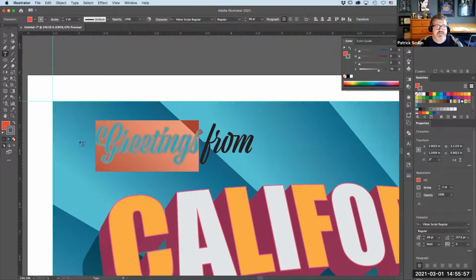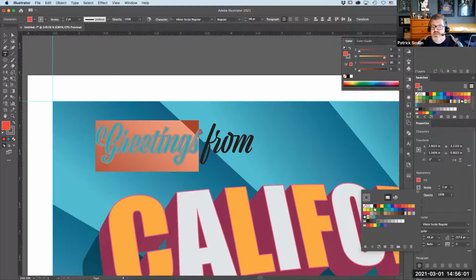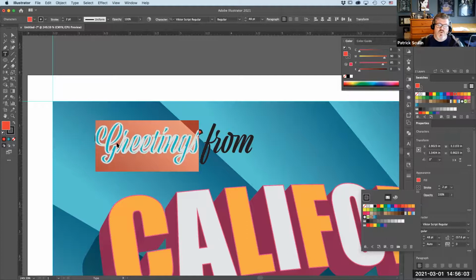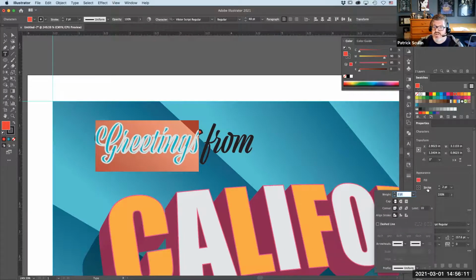All right. Notice how that gray stroke kind of overlaps the inside of that red, not what I want. I want the stroke to be on the outside of the letters. Make sure that you click on the stroke setting and you set the stroke to align to the outside of the object. And that'll move that stroke line outward,